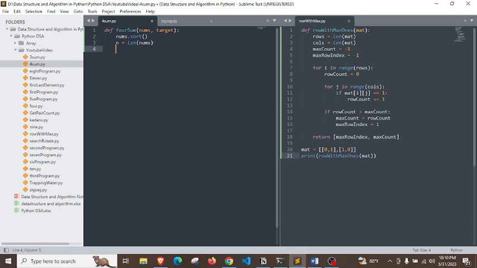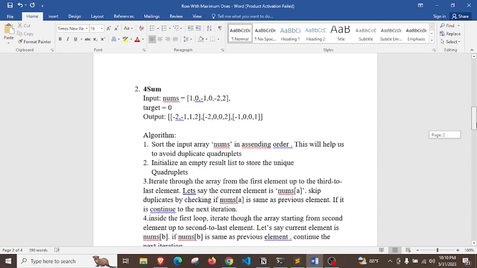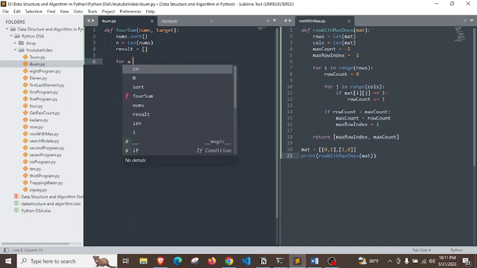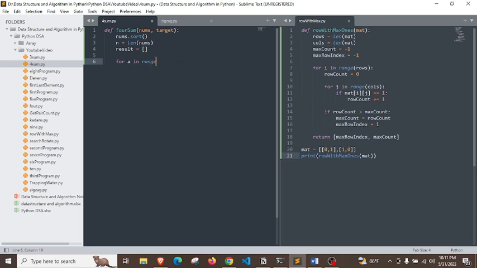I already told that we need to initialize an empty result list to store the unique quadruplets. Result equal to empty list. For a in range of n minus 3,